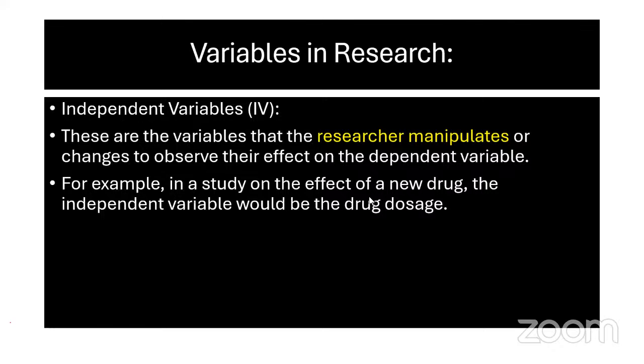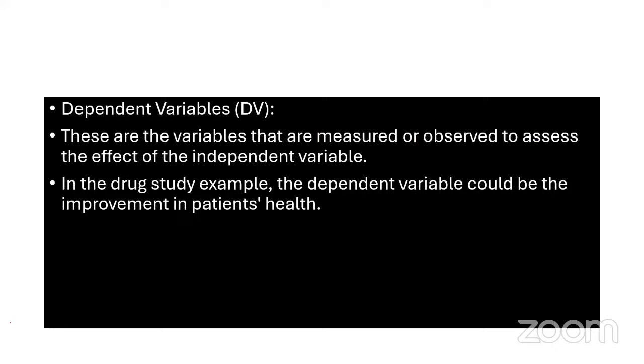In a study on the effect of a new drug, the independent variable would be drug dose. पहले आप 50 mg ड्रग देते थे, नई मार्केट में ड्रग आई, उसने कहा मैं इतनी एफिकेसी आपको 25 mg में देता हूँ, कम कर देता हूँ डोज, डोज ज्यादा नहीं करता। डिपेंडेंट वेरिएबल क्या है? दैट आर मेजर्ड और ऑब्जर्व्ड टू असेस द इफेक्ट ऑफ इंडिपेंडेंट। ठीक है, हेडेक कम हुआ या नहीं हुआ, दैट इज डिपेंडेंट। सो यू हैव टू एक्चुअली, दीज आर लिंक्ड।